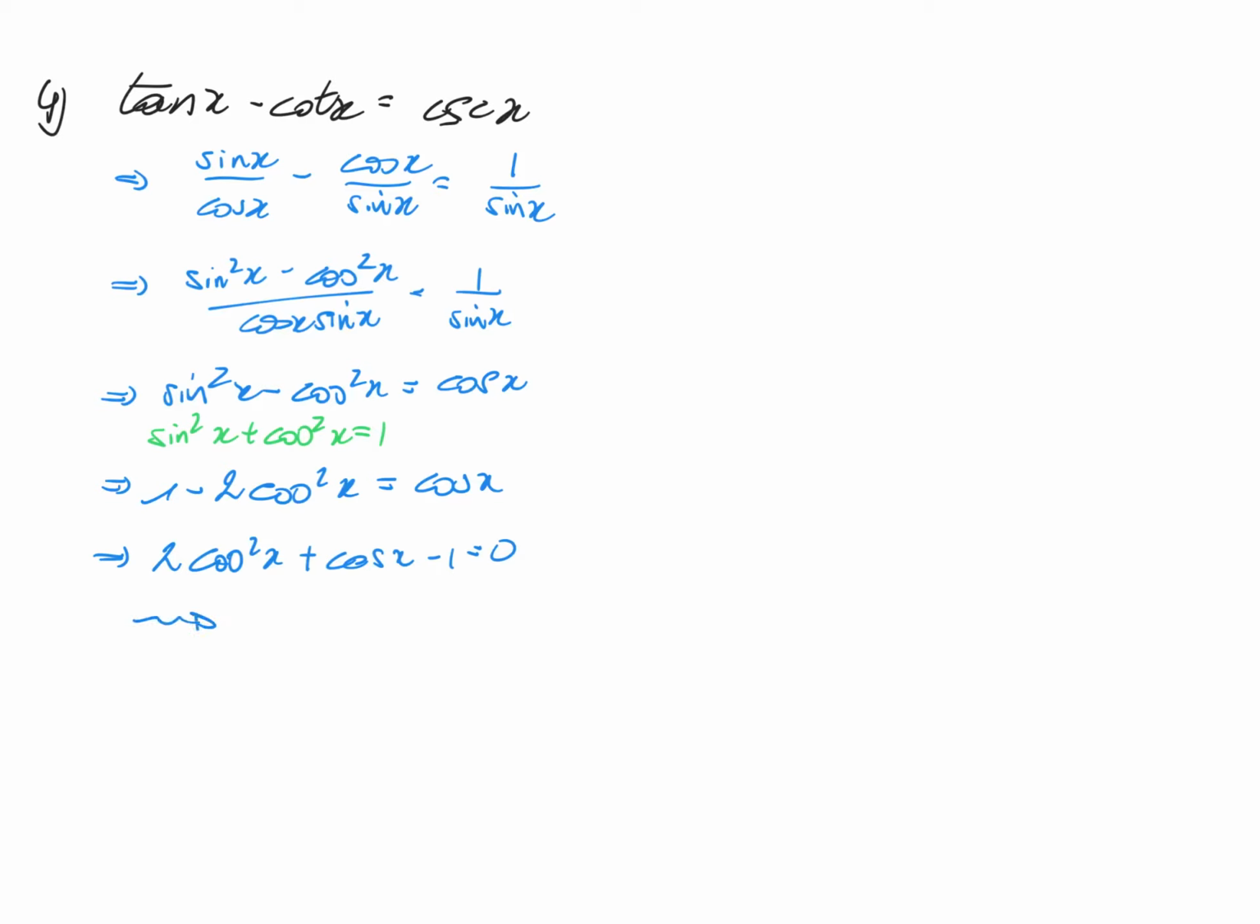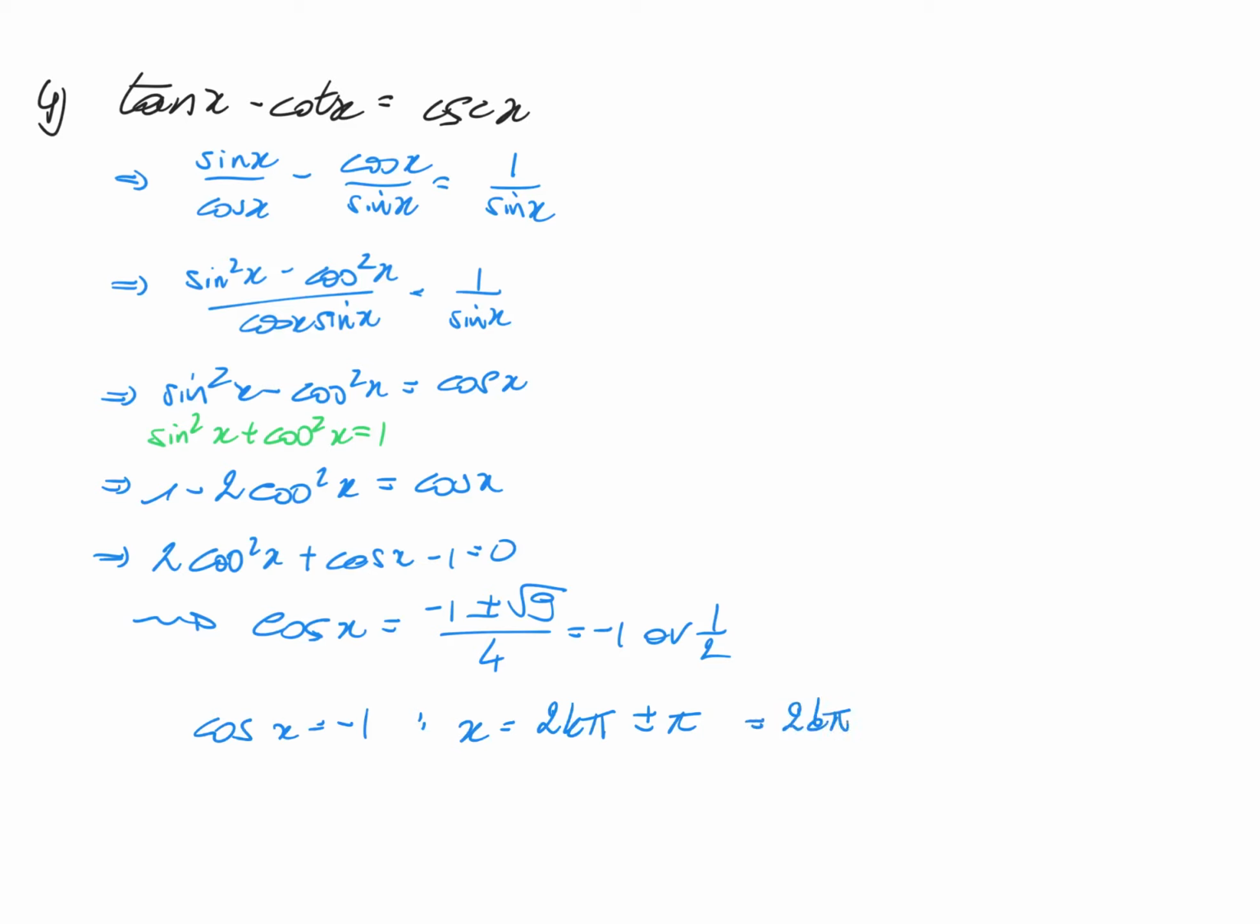Solving the quadratic equation tells us that cosine of x is equal to minus 1 plus or minus the square root of 9 divided by 4, so it is minus 1 or 1/2. Cosine x is minus 1. We have minus 1 if we have pi, so cosine x minus 1 means that x is 2k pi plus or minus pi. But we can simplify this because plus or minus pi is the same thing. So this is basically 2k pi plus pi, or it is 2k plus 1